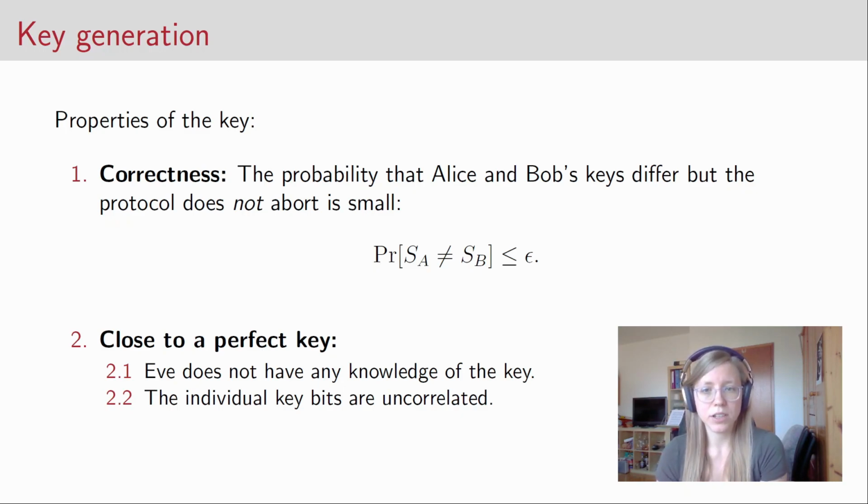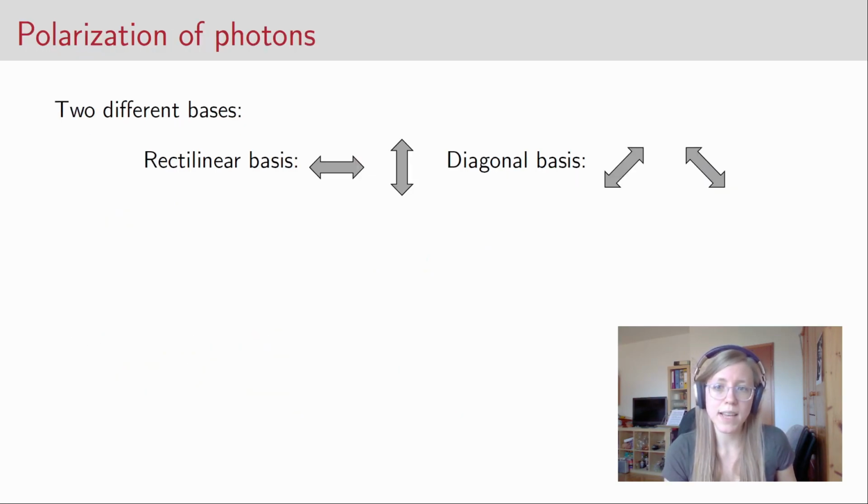We will go through the several steps, and you can see what kind of stages there are in such a protocol. But before I show you the protocol, we have to talk about how we can encrypt bits into quantum states, because that's what's needed in a quantum key distribution protocol. That's why we will shortly talk a bit about the polarization of photons. You can use the polarization of photons to encrypt bits into quantum states. And you can do it in the following way.